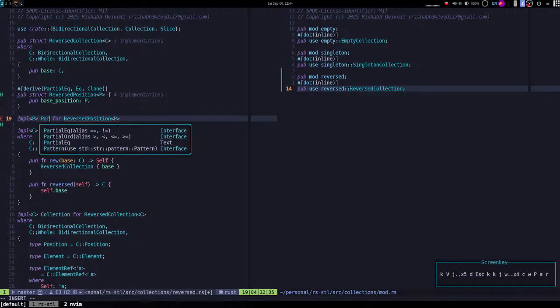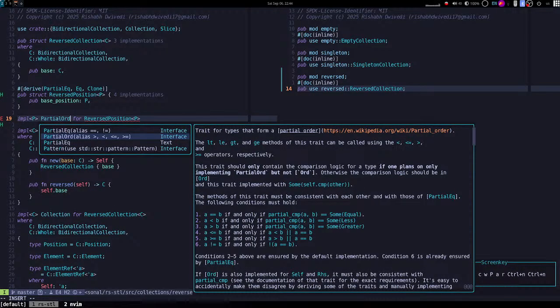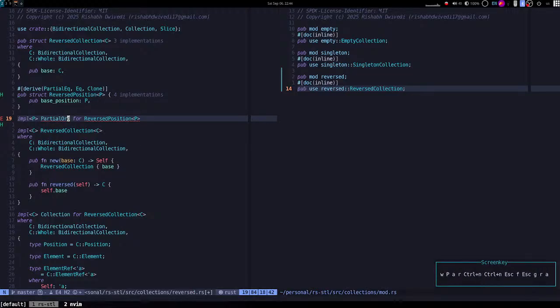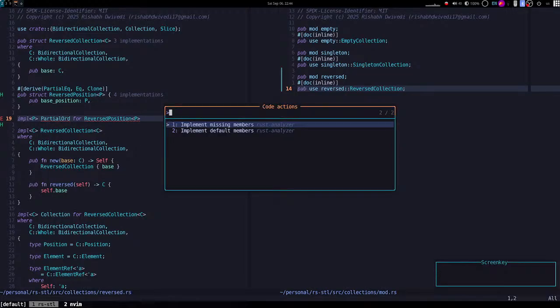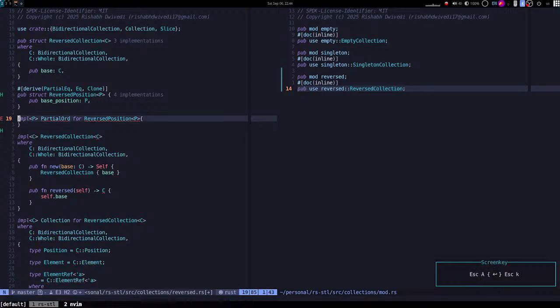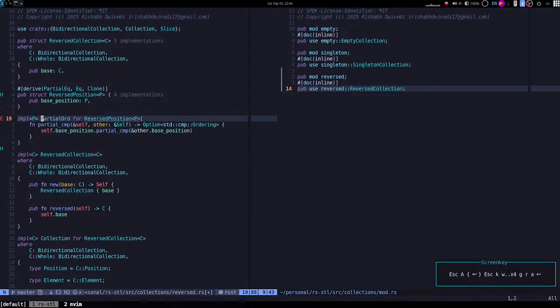Implement PartialOrd for ReversedCollection. Implement missing members. Okay, nice. So we have this partial comparison thing,